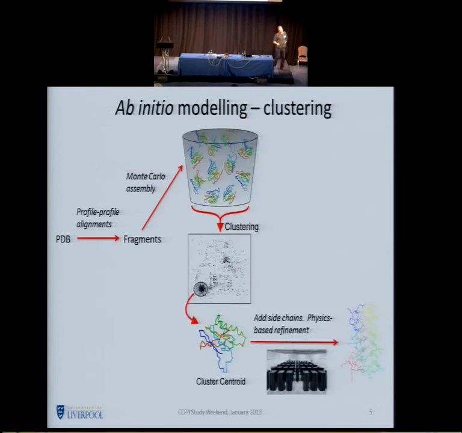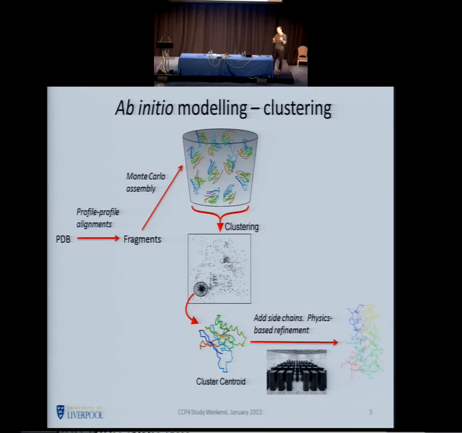One characteristic of ab initio modeling is that you don't make a small number of predictions, you make many predictions, typically hundreds or thousands, and at this stage the models are only represented as polyalanine. The sequence is present implicitly in the calculations, but there are no physical side chains present, and that means that the scoring function here is not good enough to directly pick out